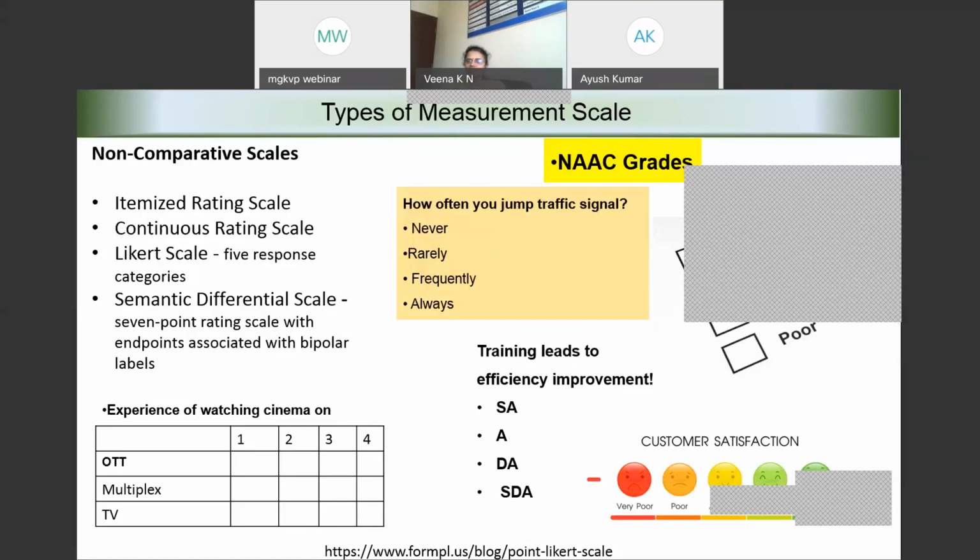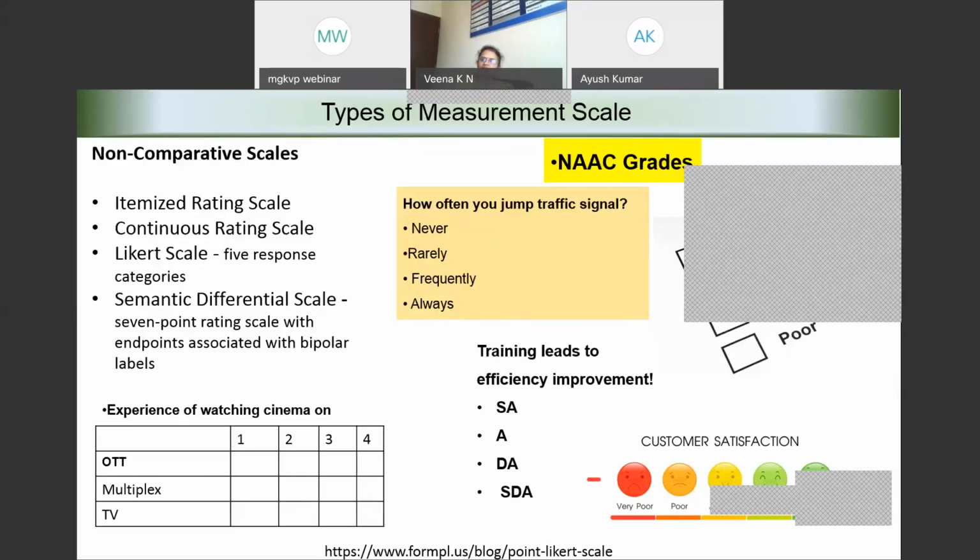nowadays in most of the malls, you get to see this type of feedback collection. Immediately after you collect your products and pay the bill, they display it on a screen and you can just press whatever you want to indicate. Very poor to very good. Again, sometimes you may look at this as a Likert scale with 5 points, or if I include 2 or more points in between, it might also be a semantic differential scale.